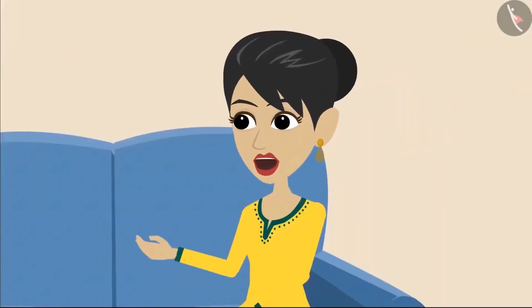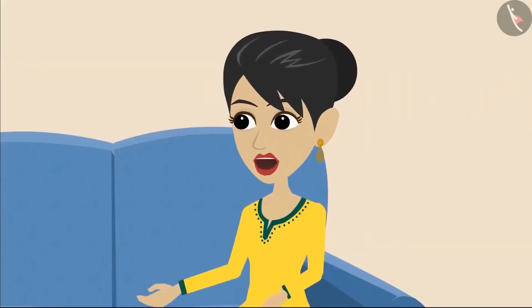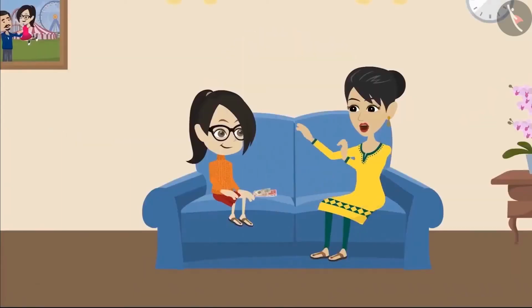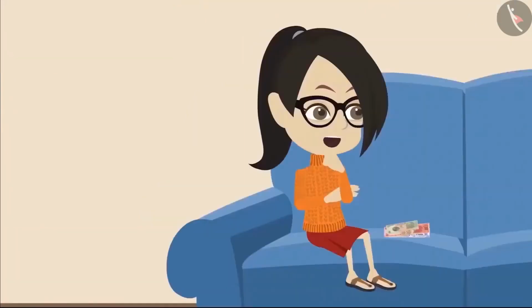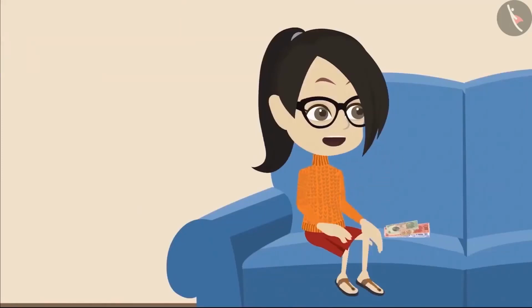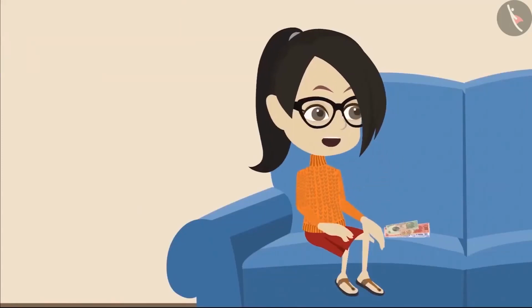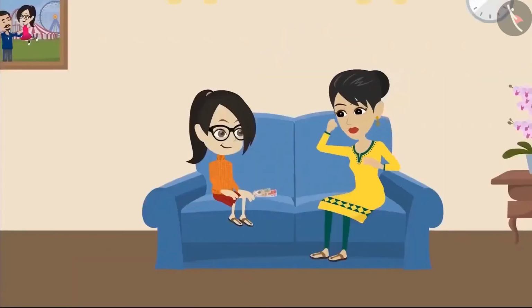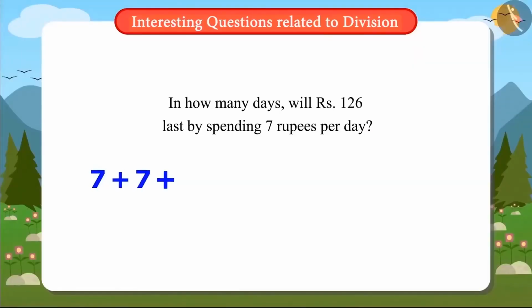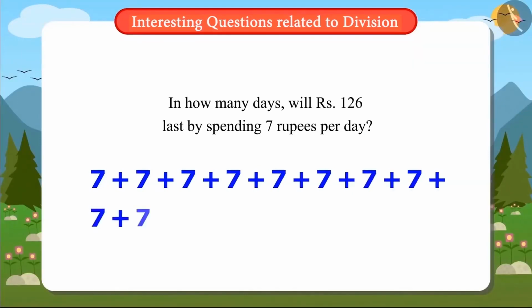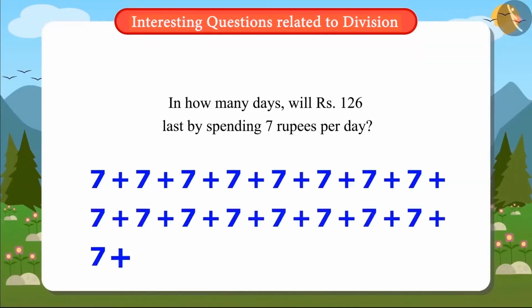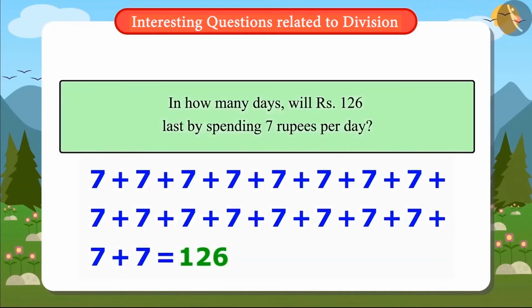Vandana, I saw that you found the answer to this question by subtracting 7 again and again. But you can also use division instead of subtracting the number in this way. But Mummy, how can we use division? Division is used when we want to divide things into equal parts, right? Absolutely correct, Vandana. And even in this question, you are distributing 126 rupees in equal parts of 7 rupees. You also look at this question. Do you think Mummy is correct?